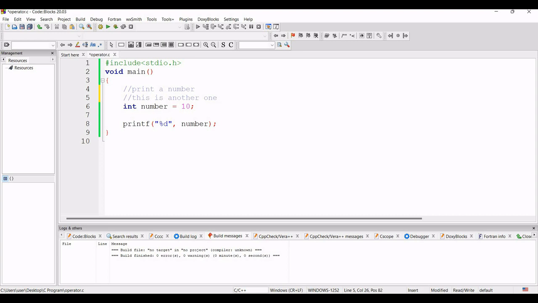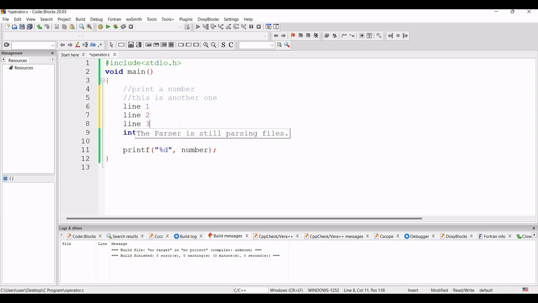But you may think that I want to make one comment of 5 lines. Suppose this is line 1, then line 2, then line 3. Suppose I want to comment out these 3 lines. At that time I have to comment this line, then again go to this line and comment it out, then again go to this line and comment it out.